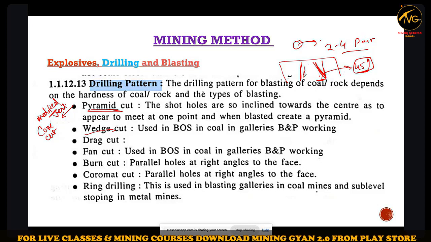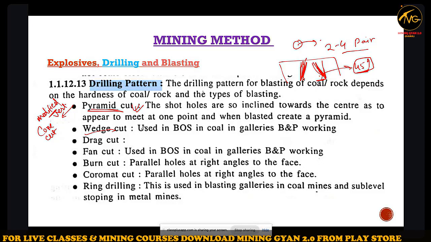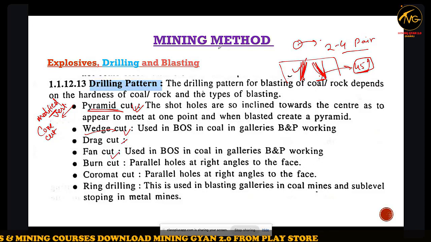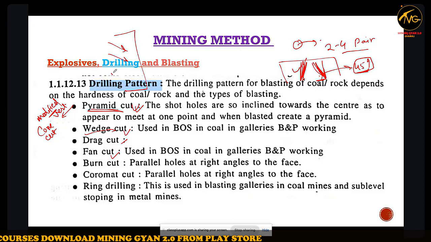Okay, so it is similar to the pyramid cut, where the hole is inclined. Pyramid cut also has inclined drill holes. Wedge cut also, drag cut also, fan cut also. In fan cut we drill inclinedly,